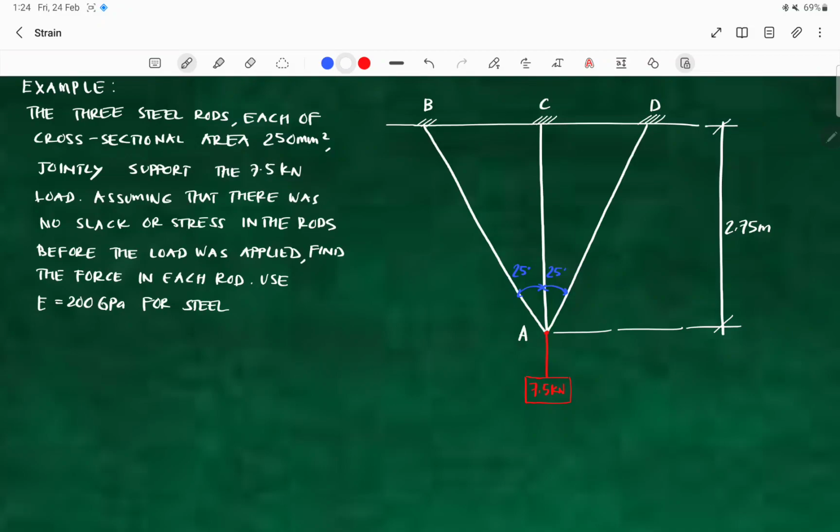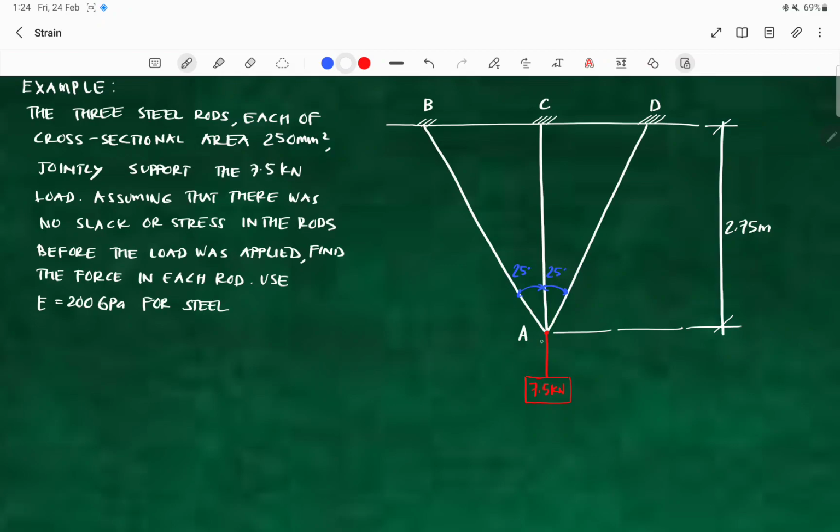Okay, so let's solve another problem. So, bali dito sa problem is meron tayong tatlong steel rod. So, bali meron tayong EB, EC, and ED. Ito yung tatlong steel rod natin, no? So, meron silang cross-sectional area na 250 square mm. Lahat sila, no? Okay. So, they jointly support the 7.5 kilonewton na load dito as shown dito sa figure